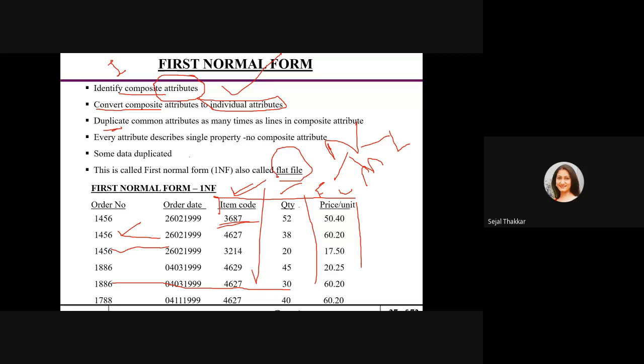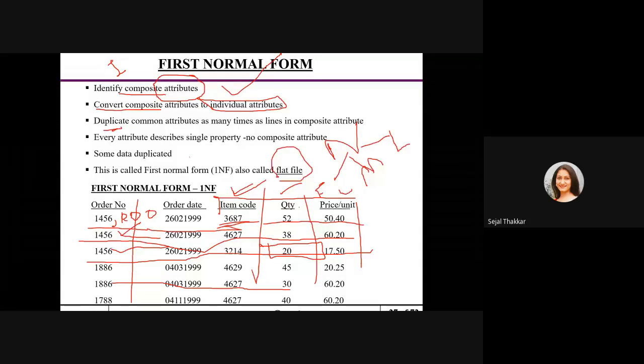The second thing is every cell consists of a single value. You cannot give a comma and enter some other value here, right? So you cannot enter 1000 here by giving a comma. We have to consider this as a table. These are the rows and columns of this table. This box is known as a cell. So every cell is having one single value. You cannot write down more than one value in one cell.